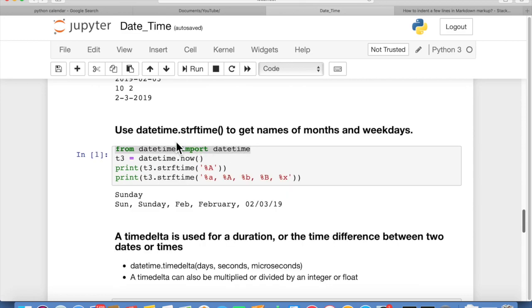And then you can use datetime.strftime, that's kind of hairy, string format time, to get names of months and weekdays. So you may want January, February, or Sun, Feb, those kinds of things. You can get those pretty easily using the strftime function. So from datetime, import datetime. We're using the same class here. And then we'll create a T3 object for now. And then we can print